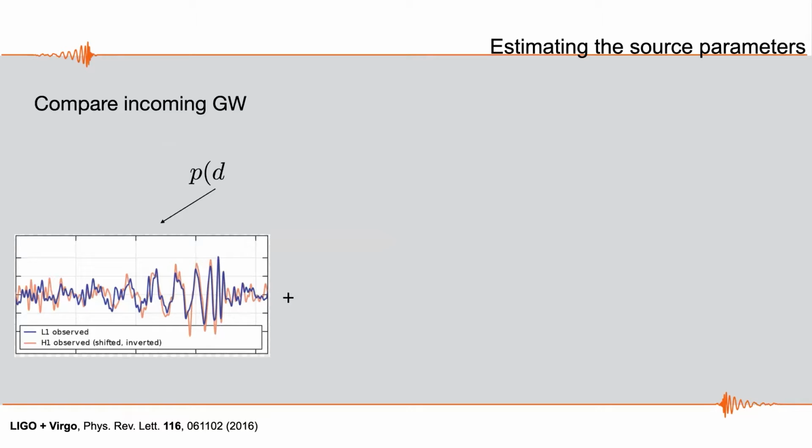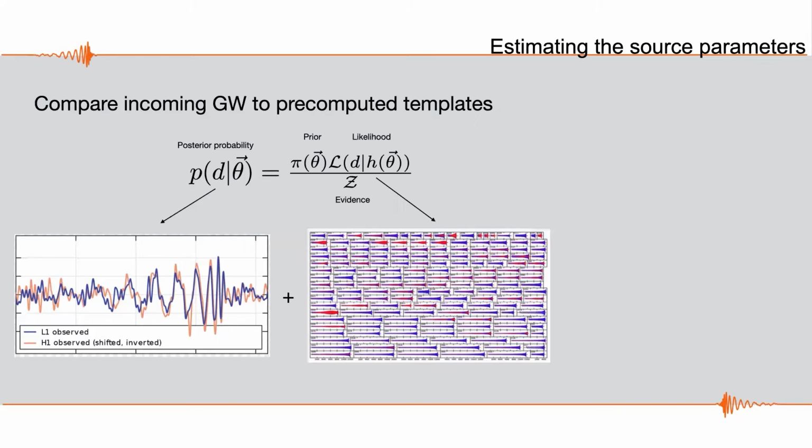So how do we guess the properties of these things? This is my little introduction to Bayesian inference. We start with some data that comes from our detector. And given this data, we want to compare to a bunch of models we have for this data that depend on some source parameters: masses, spins, inclinations, equation of state for neutron stars, distance, you name it.